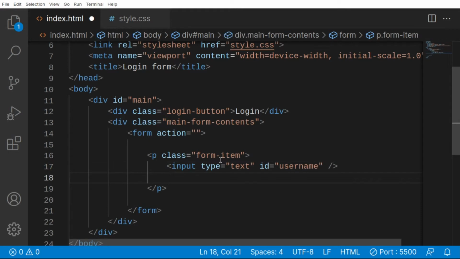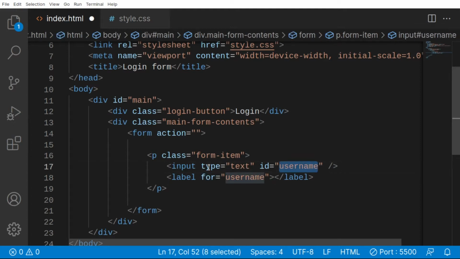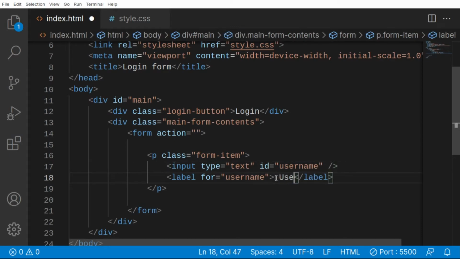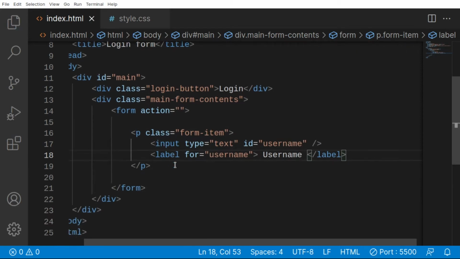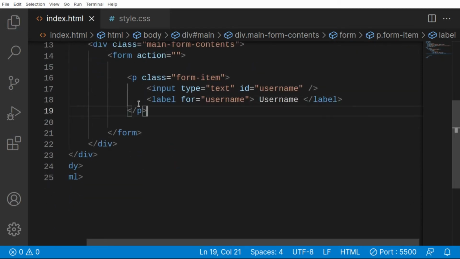and below that what we want to have is the label. So label for our username. So let's copy this and paste it in here. The label is for the username. So in for attribute you will put the ID. So this label is just referencing the input field. So what's the content for the label is username. So this input field is just asking for the username from the user,